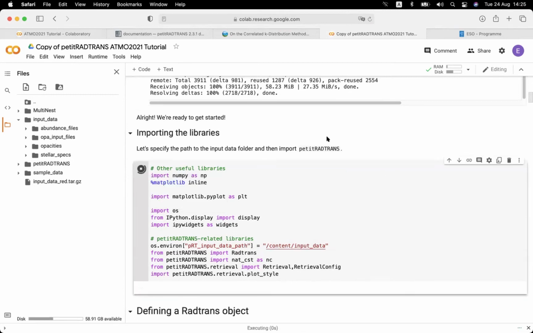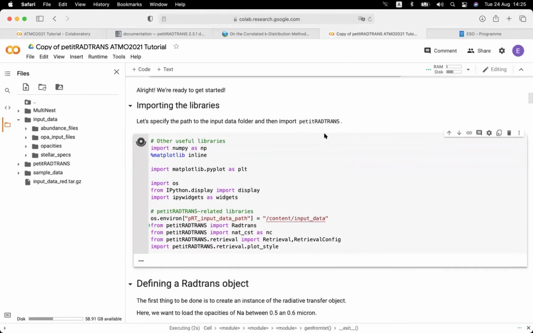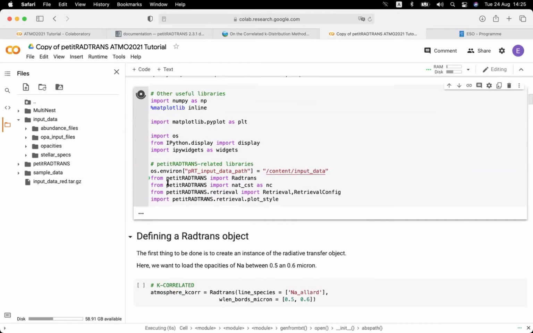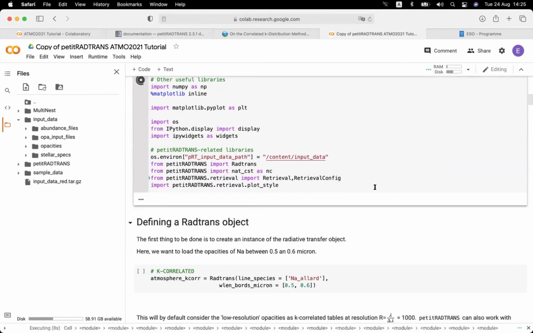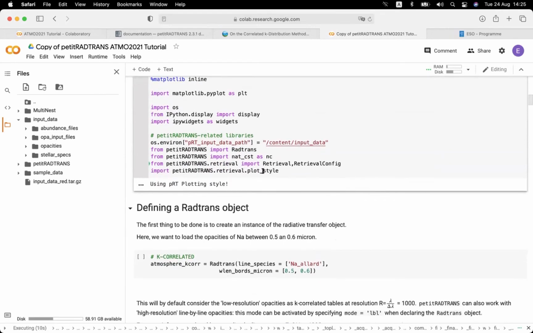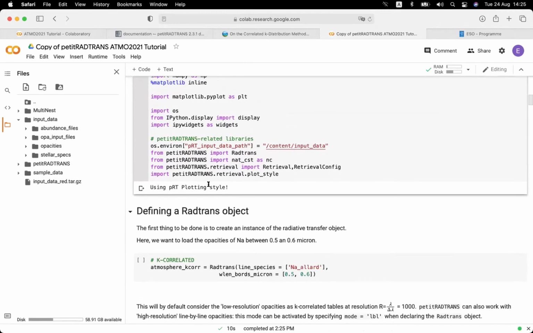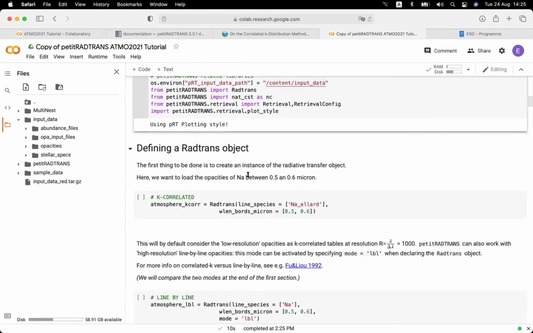So let me just do it. It's going to take a bit. Right, we have run this, and we are also using the petitRADTRANS plotting style. Okay, so once this is done, we can start